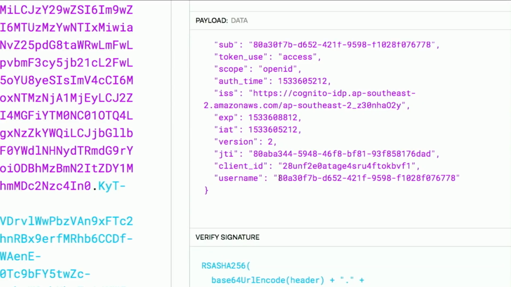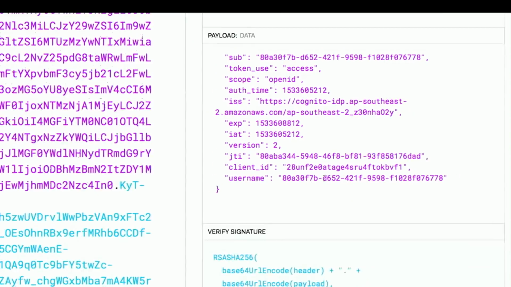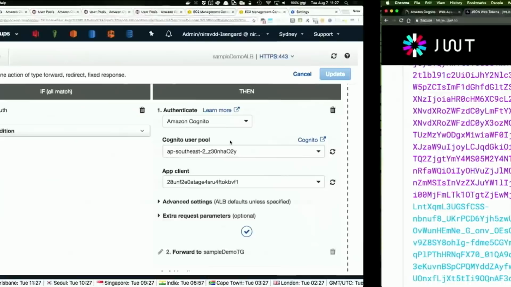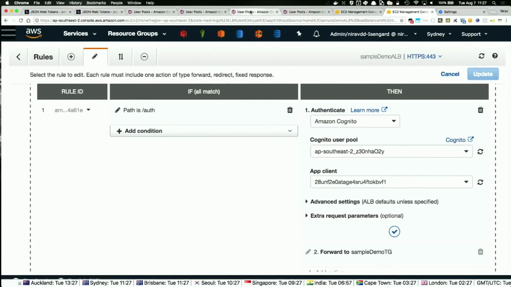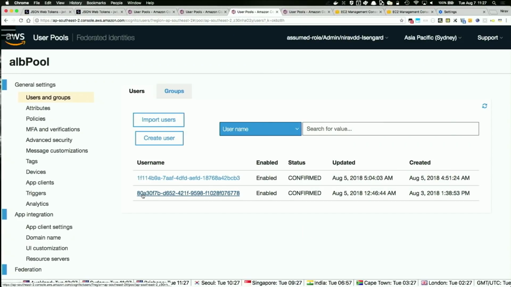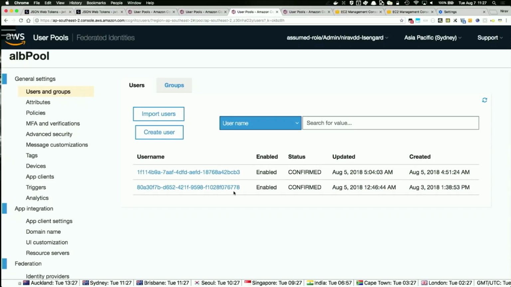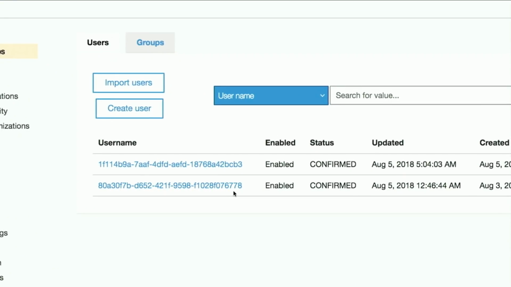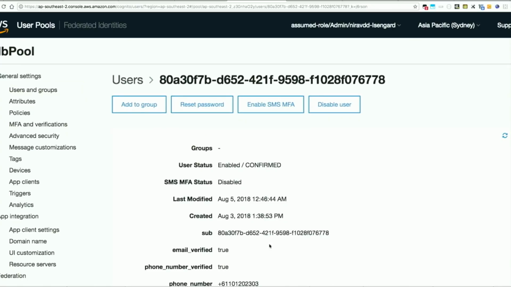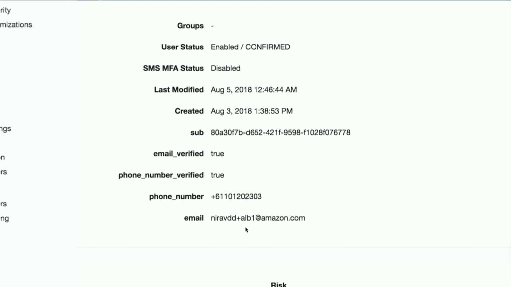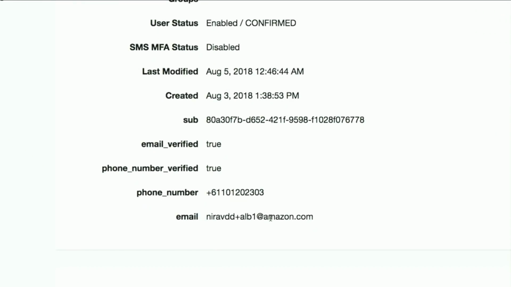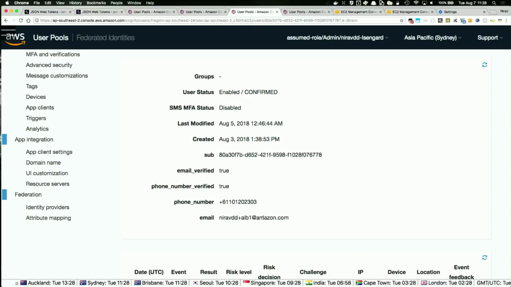The username starts with 80A and ends with 778. And if you noticed what I logged in as, this is what that user is in my pool. I logged in with my email address as Nirav Didi plus ALB1. Back to you.